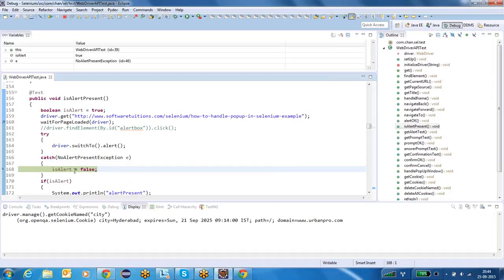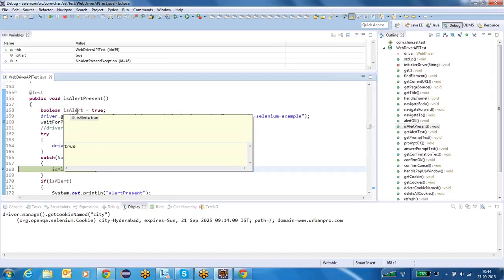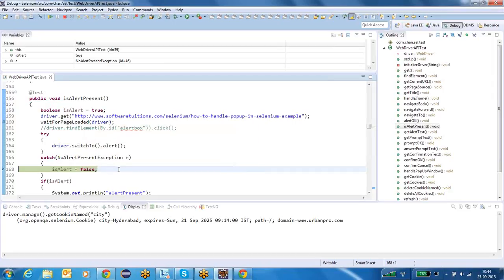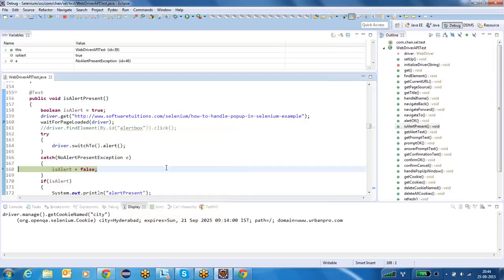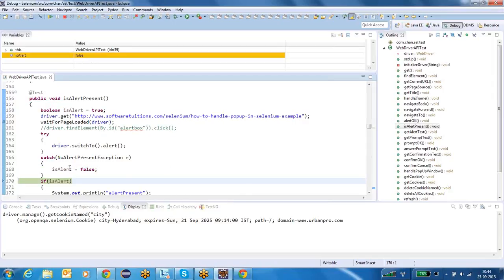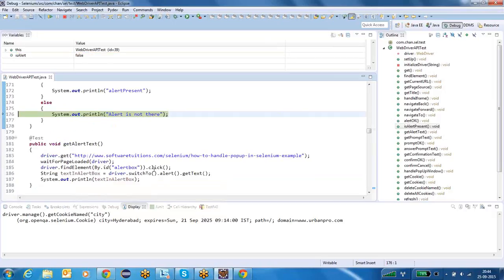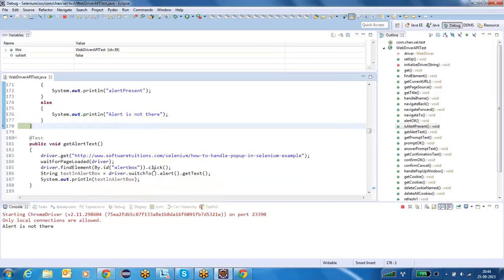In the catch block, what I am doing, I am toggling the flag. I am changing the flag from true to false. Because the alert is not there, right? So I should not keep it as true. I should change it to false. So I am doing the same here. isAlert is true. After executing this line, it will become false. Update it to false. Now it will print the alert is not there message.